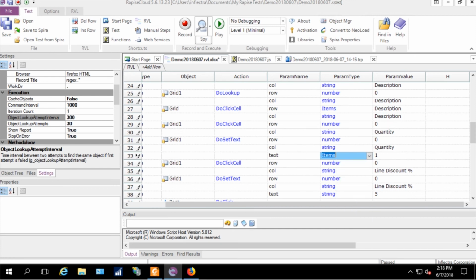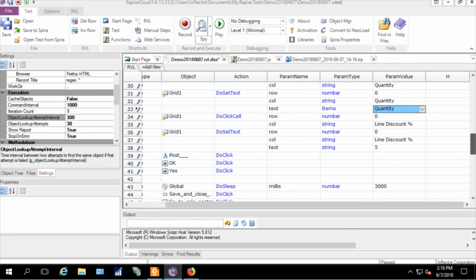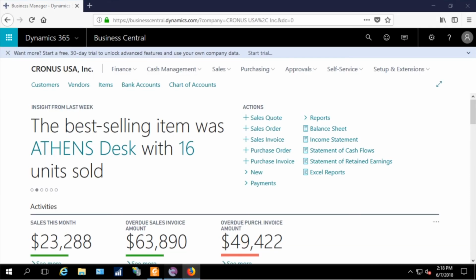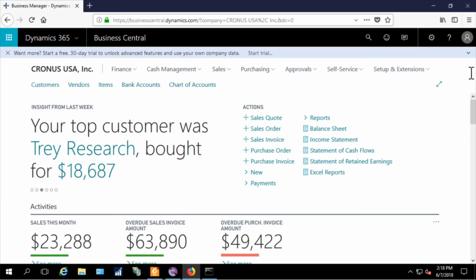Here I choose items as well and choose the quantity column. And the last thing is the line discount. Also get it from items and from discount. All right, so what we can do now is just execute the test one more time